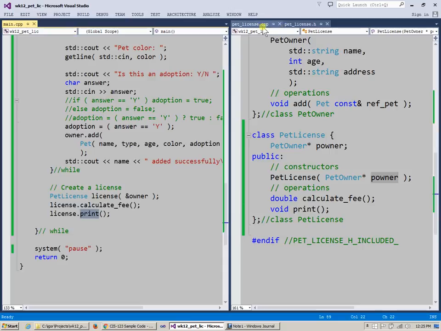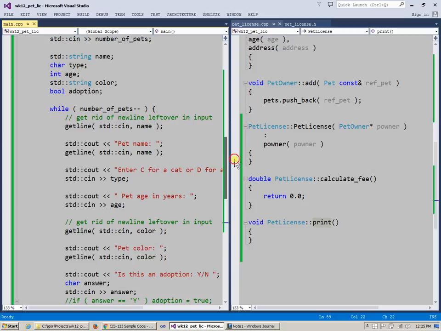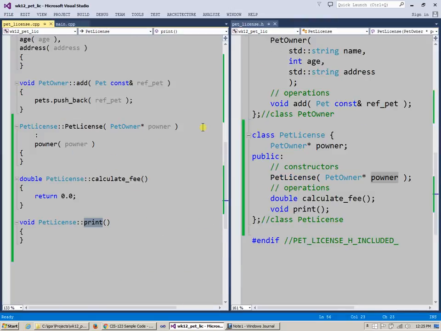Where's my implementation file? Here's my implementation file. Right. So print. The print function has access to... Let me just display this again side by side. The print function has to print the owner information, and